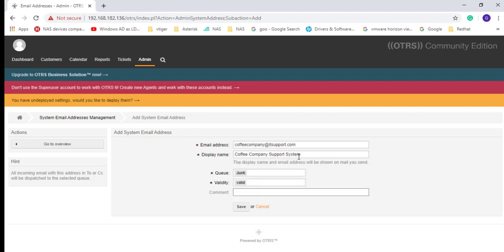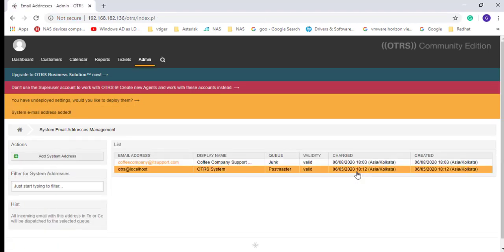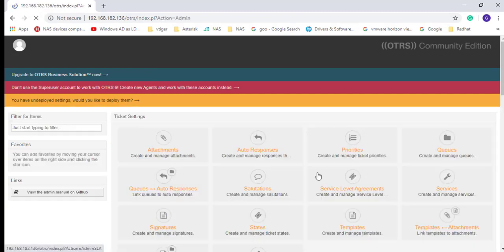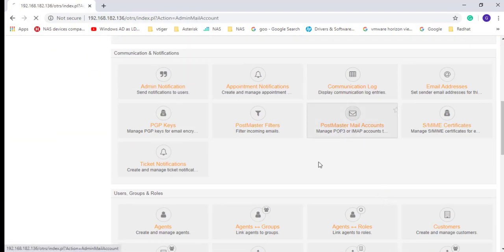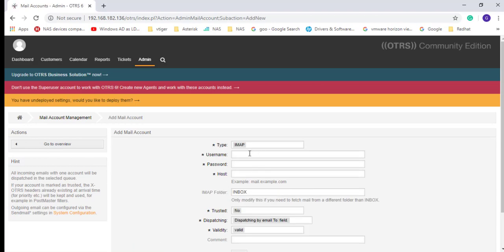Give a comment. Let's copy and give the comment, hit save. Okay, so we are done with the outgoing email address, and let's go ahead and configure the incoming for the same account.